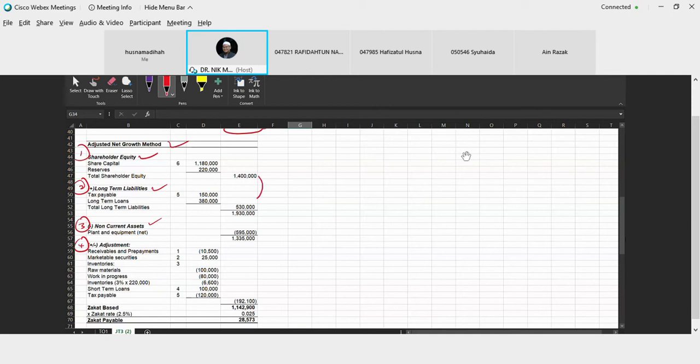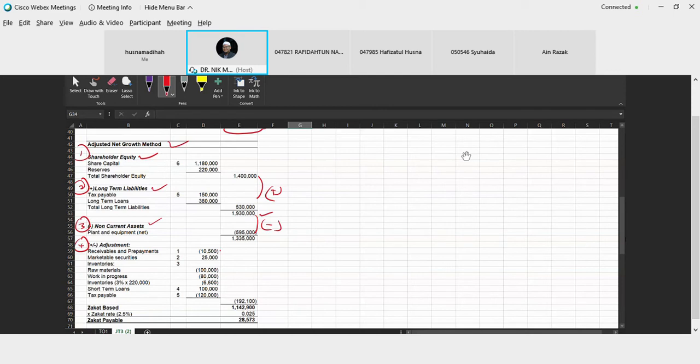you are going to add the adjusted long-term liabilities with the shareholder equity, and then you are going to get this one. And then you need to minus the non-current asset in order to get a net adjusted equity amount. Okay, and before that, oh no, we still didn't get a net adjusted equity amount. We need to minus with the